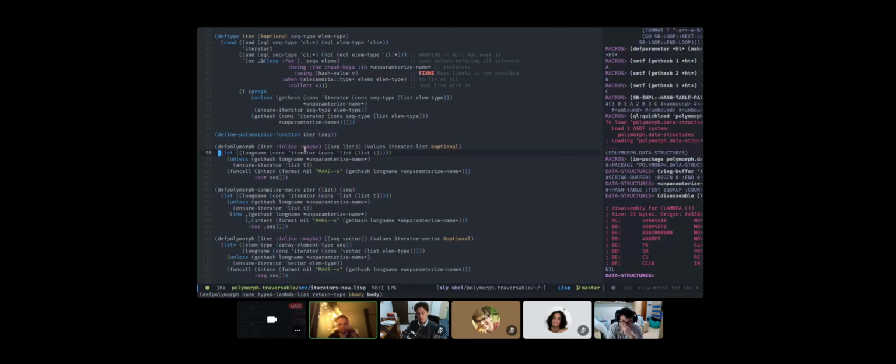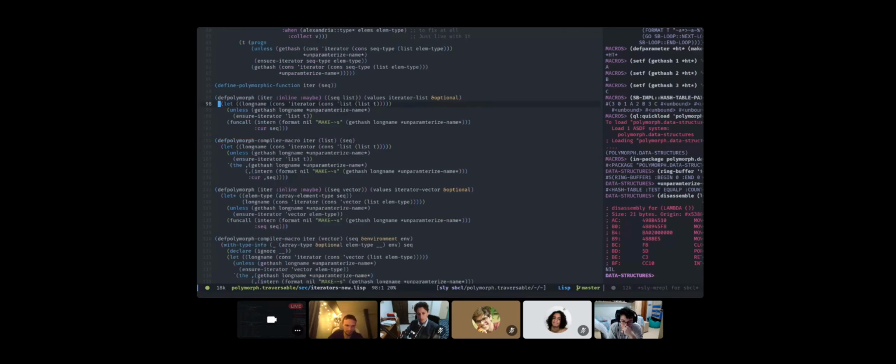In Common Lisp, you don't have pointers or references. Everything is by value, except most values are references. So,